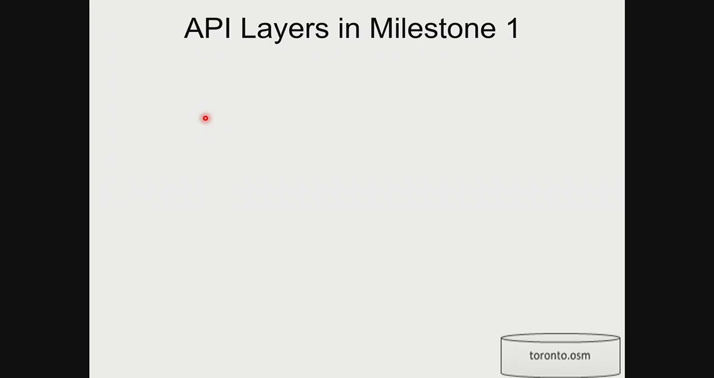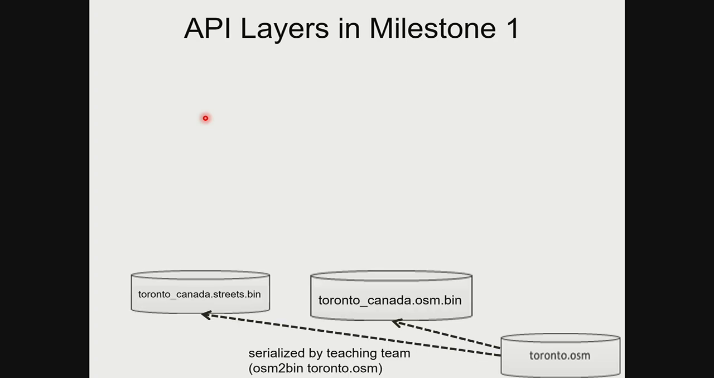Okay. So milestone 1 is all about API layers. API means an application programming interface. It's an interface of functions, a header file that you talk to so that you can answer questions about the underlying data. You don't deal with the data directly. As I mentioned before, basically all of the data is organized in the main file called the Toronto OSM, for example, and then we've extracted for you two types of files. One is called torontocanada.streets.bin,